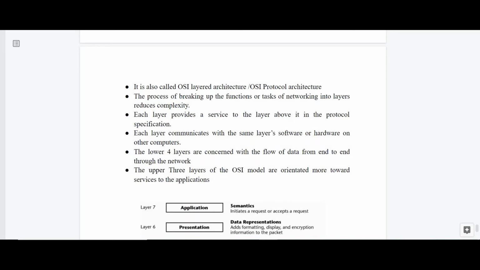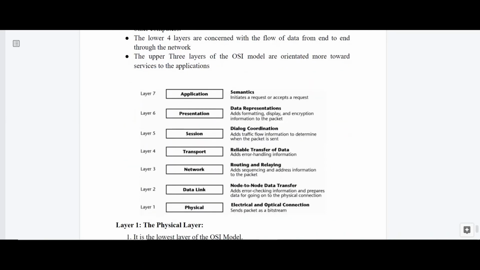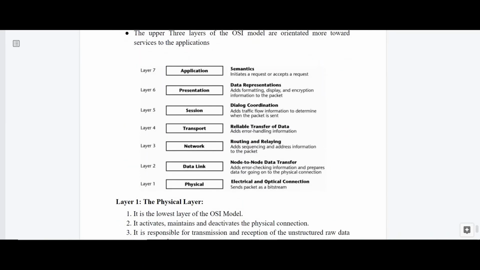The lower 4 layers are concerned with the flow of data from end to end through the network. The upper 3 layers of the OSI model are oriented more towards service of the application. These are the 7 layers, layer 1 to layer 7. It should always move in this order, so you should not mix them up.